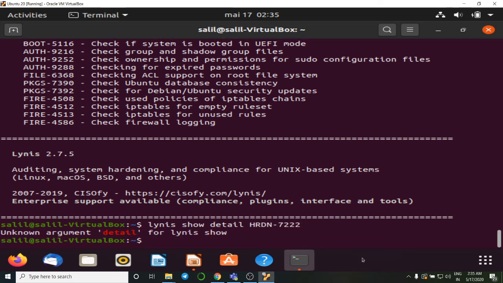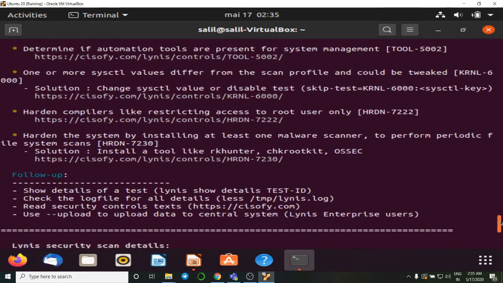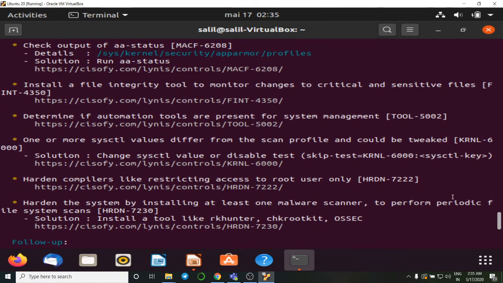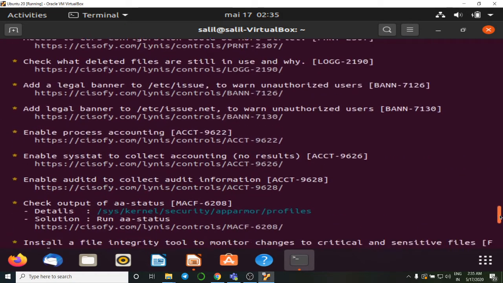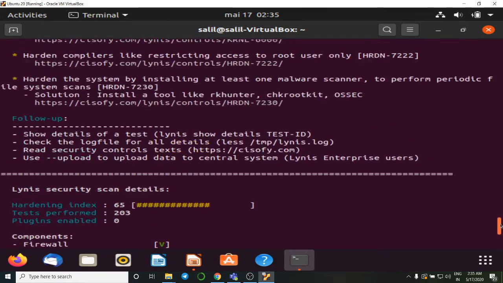By just typing this command, we can know the detailed report about each and every suggestion. So that is all about suggestions.